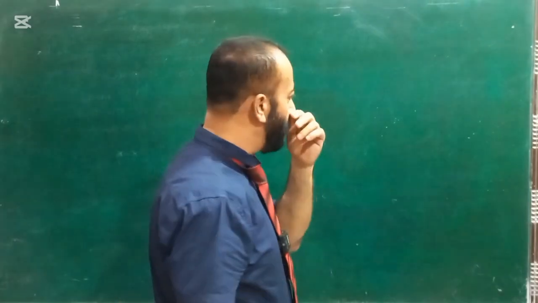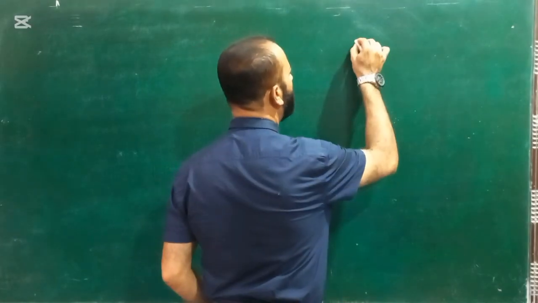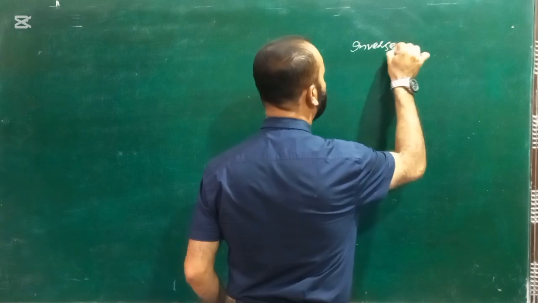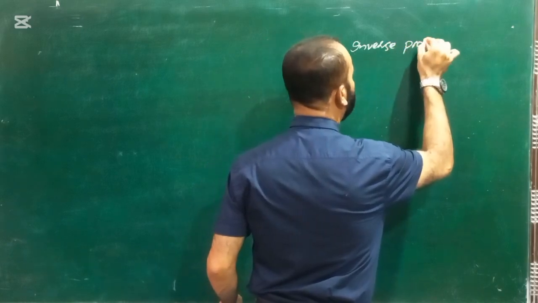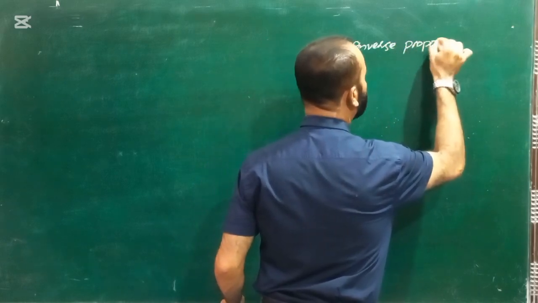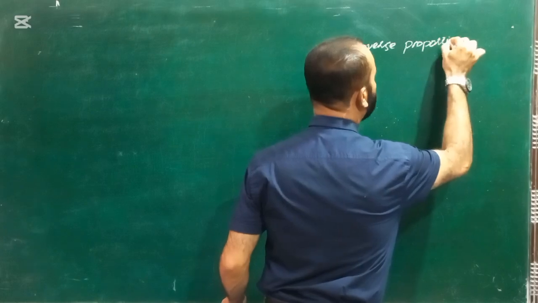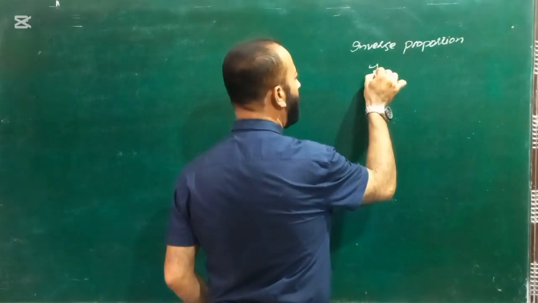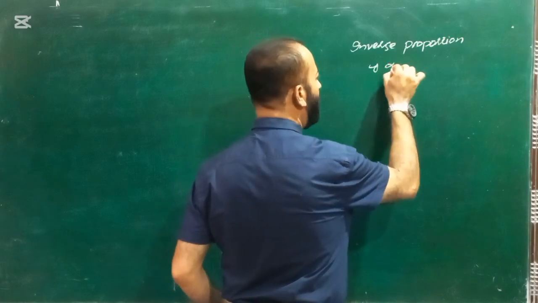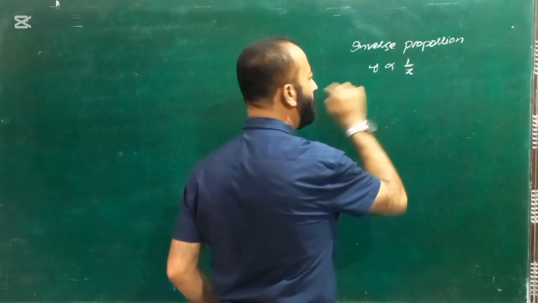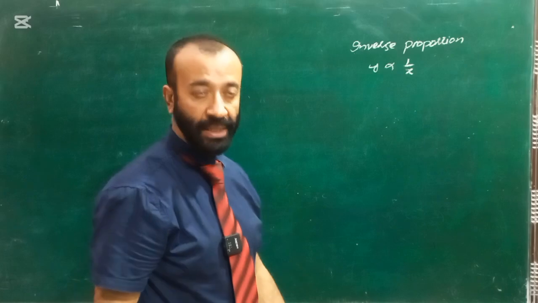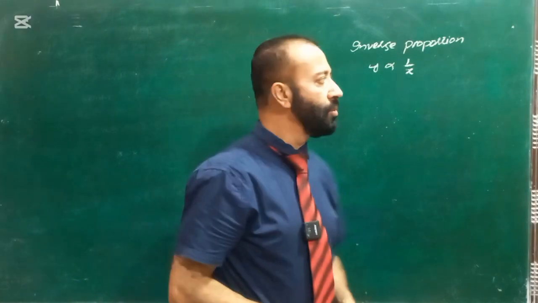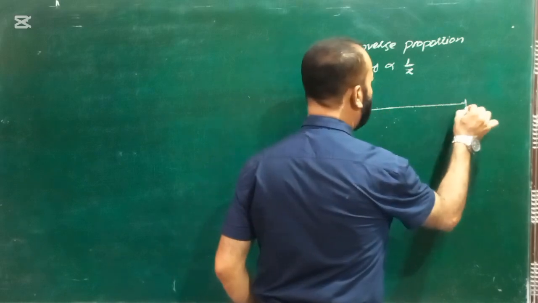So this is the graphical representation of direct proportion. The next thing that we are going to read in the lecture is inverse proportion. Inverse proportion is a proportion in which one quantity is increasing and the other will decrease. The method to write them is that one quantity will be placed in the numerator and the other will be placed in the denominator. An example is here. If we want to go from x to y,